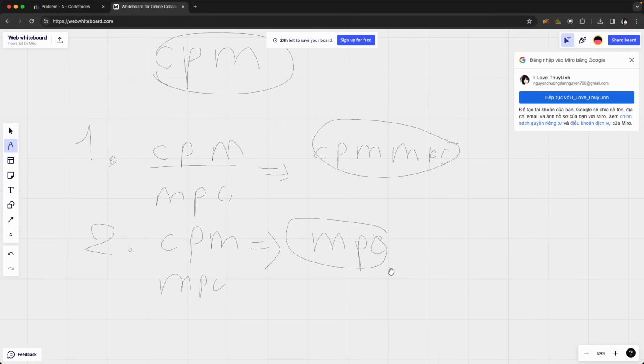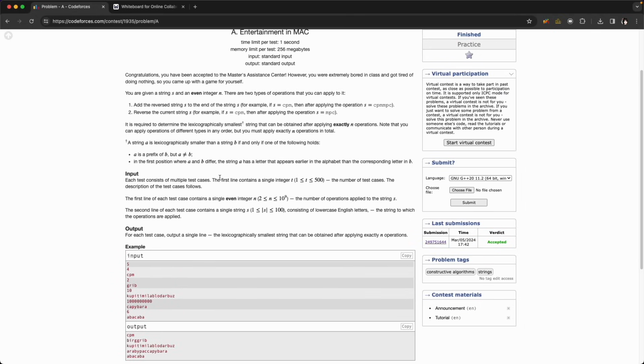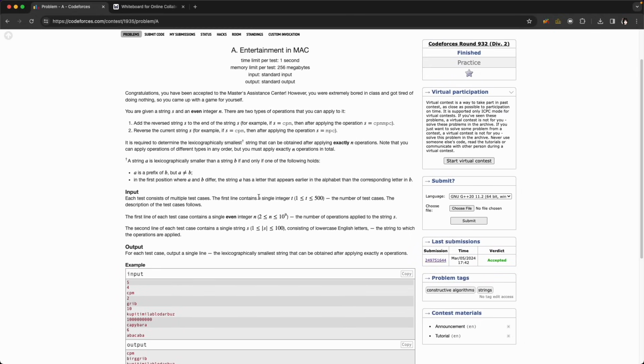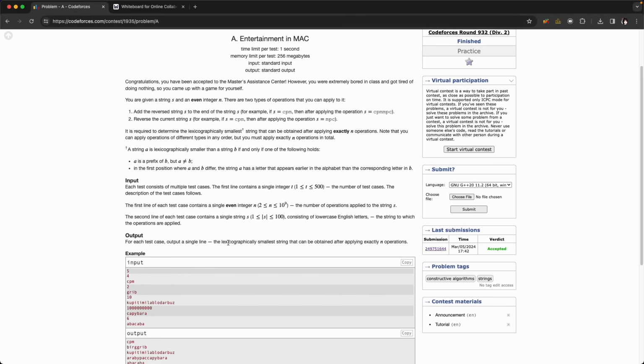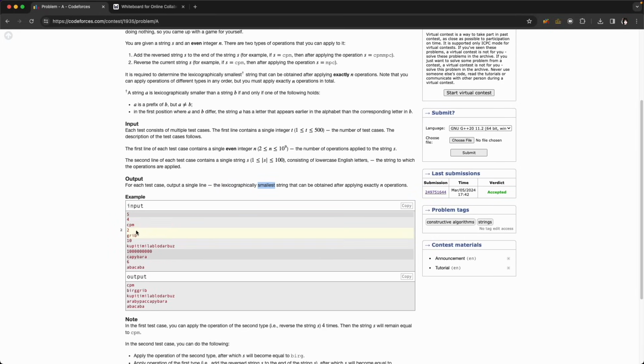Okay, now combined. They provide us an even integer n, and we need to apply exactly n operations to this string to make it lexicographically smallest. Okay, for example, with the string CPM,